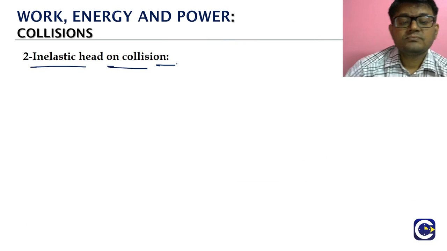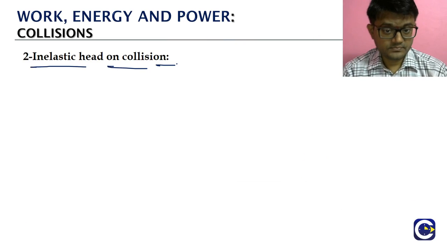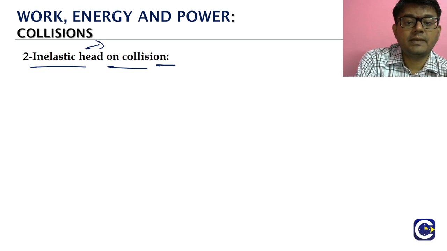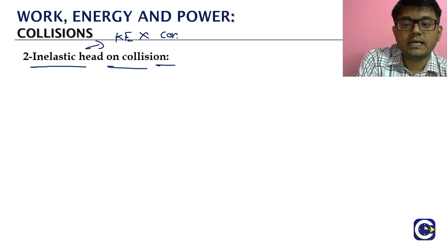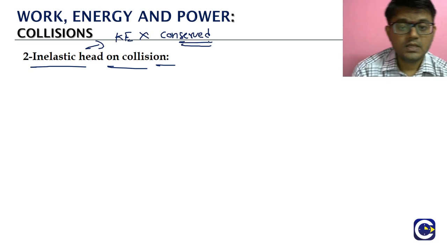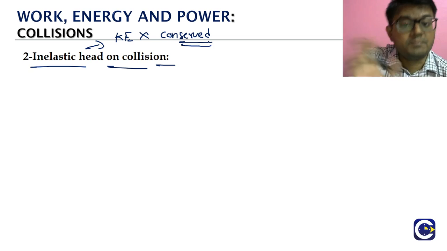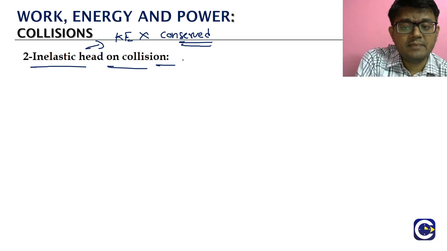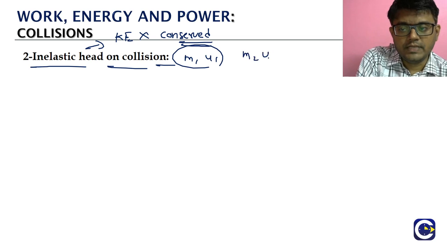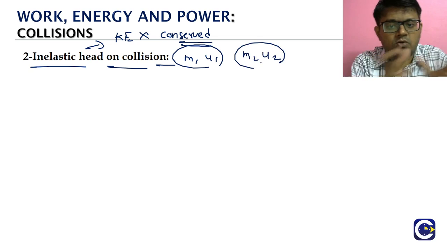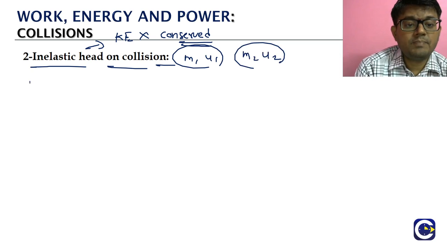inelastic head-on collision. So inelastic, and so now what is going to happen? The kinetic energy is not going to be conserved. But any collision, right? We can use the conservation of momentum principle. We can always use the conservation of momentum. So same, we are having a particle m1 with a velocity u1, m2 with a velocity u2. They are having a head-on collision vechkonga. Then we can apply the conservation of momentum.